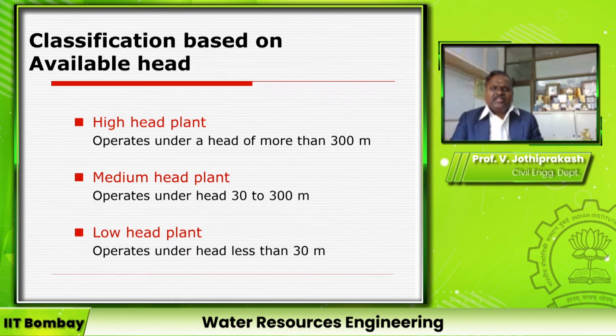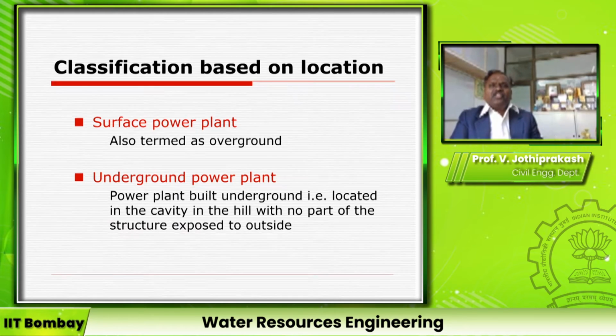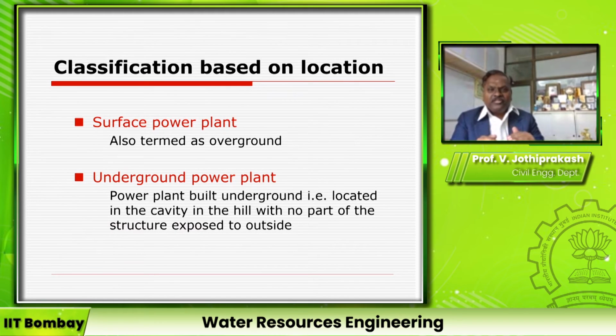Why we are classifying these different types based on the hydraulic property, the head or unit capacity, is that the selection of the type of pump to be installed depends upon it, right? Then classification based on location: sometimes it will be at the foot of the dam, then such a powerhouse is called a dam foot powerhouse, or sometimes it is completely underground. If geological conditions are favorable, you can construct the entire powerhouse below a mountain, a huge rock, and that is called an underground power plant. But most of the power plants are kept above ground for safety.